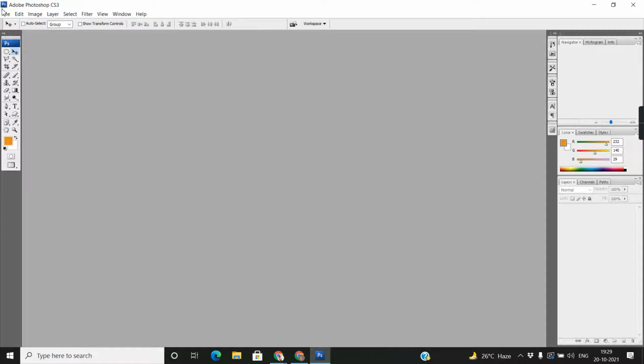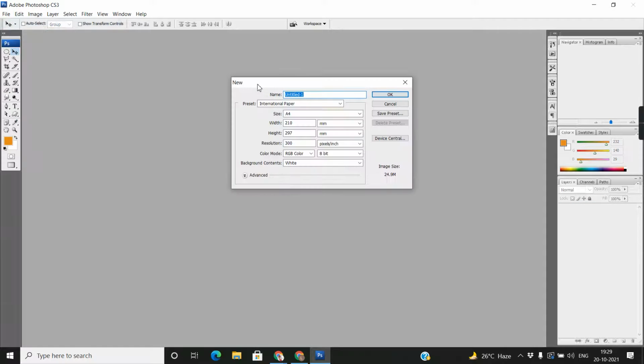So first I close this one and I click File and New. This is the first tool, new file, and the shortcut is Control N. You all have Photoshop? So can you please open it with me?